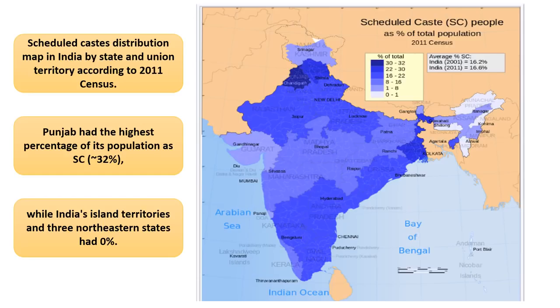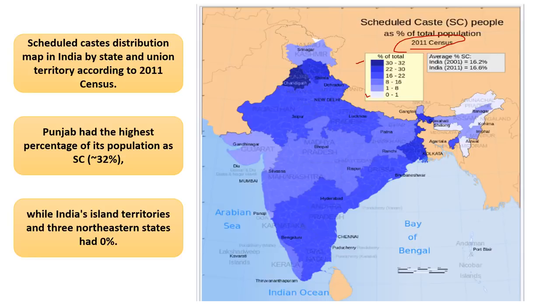So to answer this question, we must have a basic understanding of the distribution of scheduled castes and scheduled tribes in the country and the ranking of the bottom and the topmost states with respect to the distribution of SC and ST population. So here we are presented with the distribution of the scheduled caste population in the country as per 2011 census. Here you can see that the darkest portion is the one which has the highest scheduled caste population, and the lightest portion depicts the states with the lowest proportion of scheduled caste population.